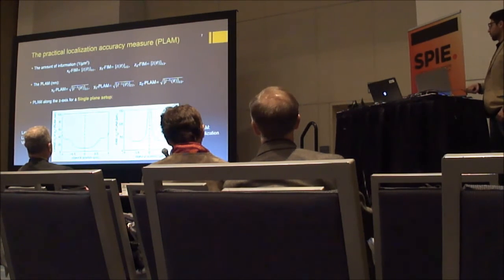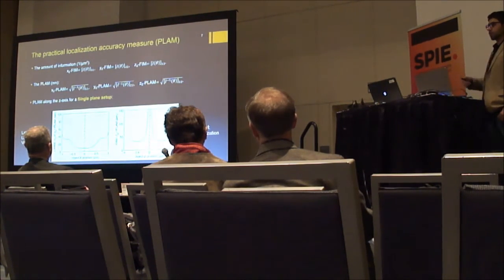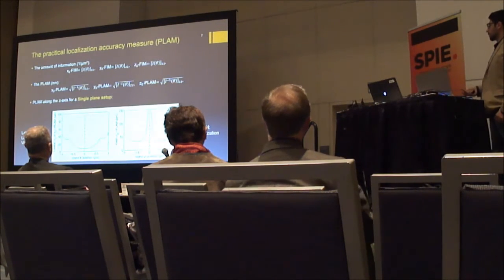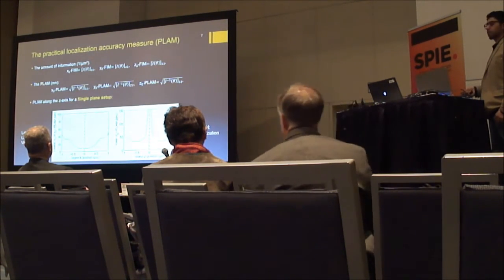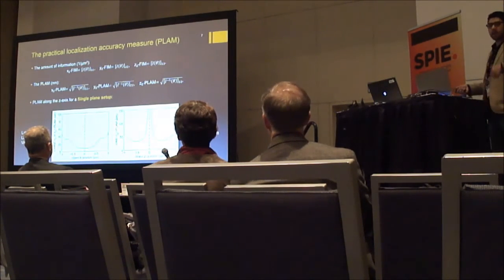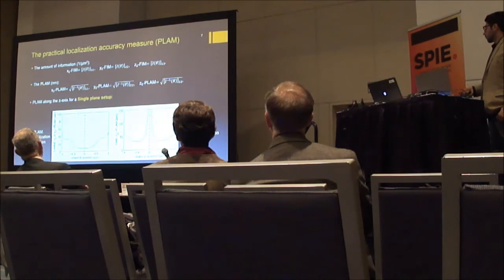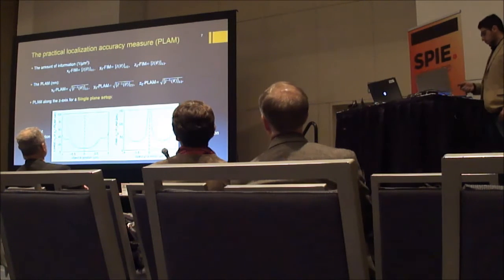The results are shown here. This panel, the right-hand side, shows the lateral PLAM, or X0 or Y0 PLAM, versus the object's position, and that dashed line is the location of the plane of focus. Now, as you can see, when the single molecule is at the plane of focus, we get very low numerical values, which means that we can accurately estimate the location of the single molecule. As the single molecule moves away, it gets worse, and it's kind of intuitive, so I'm not going to explain it further.